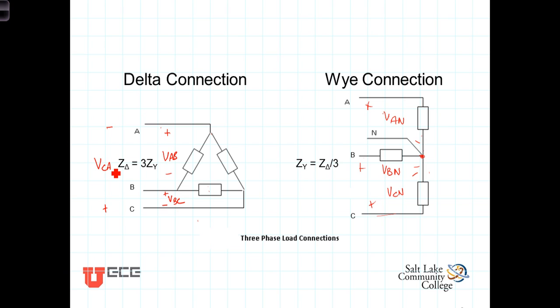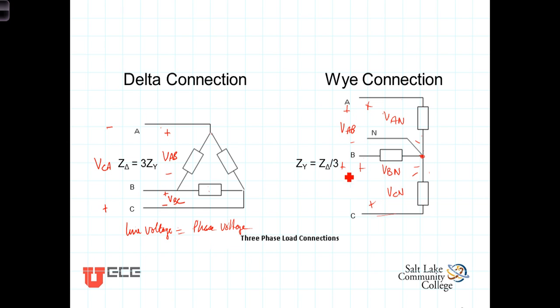In other words, the voltage from line to line, which we call the line voltage, is the same as the voltage across a single phase of the load. So the line voltage and the phase voltage are the same, or they are equal. Line voltage is equal to the phase voltage. On the other hand, the voltage across the phase, VAN, whereas a line voltage, the voltage between two lines, would be plus to minus